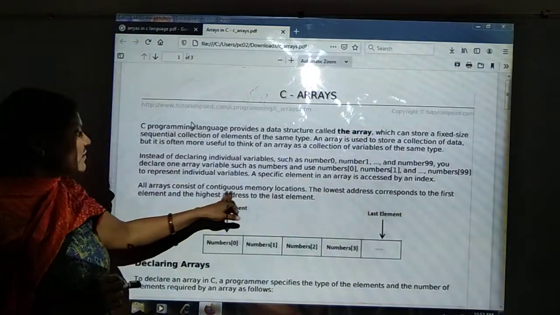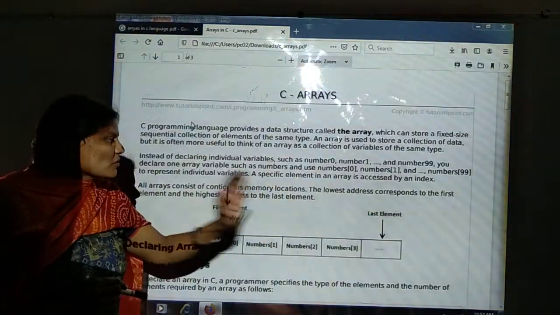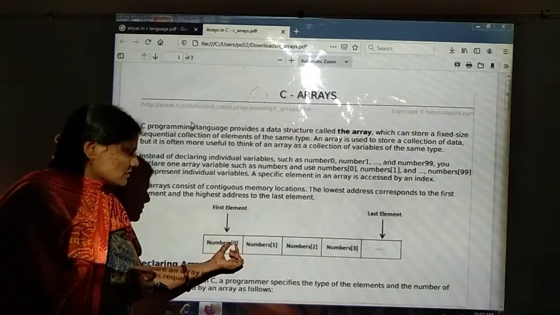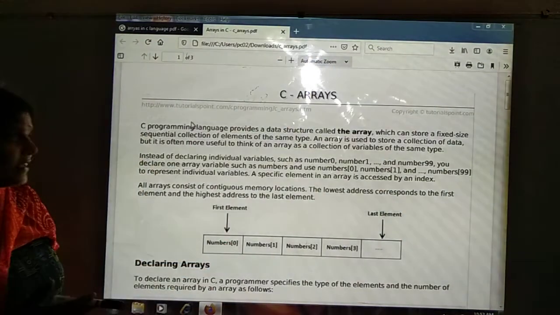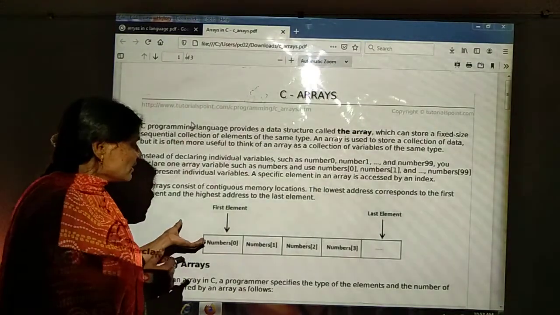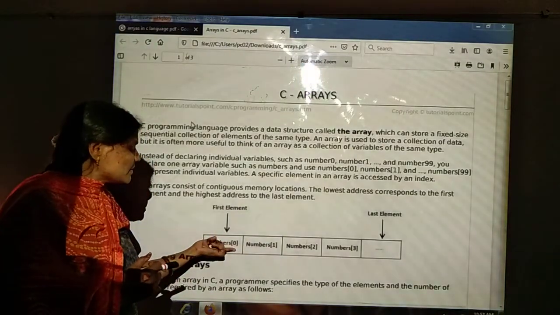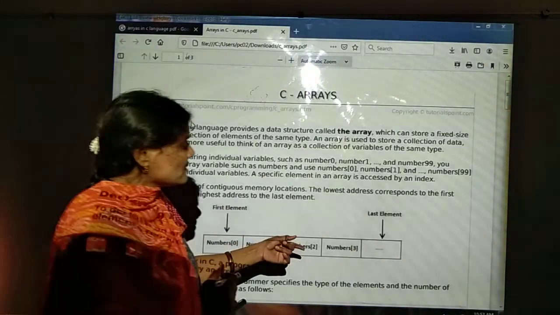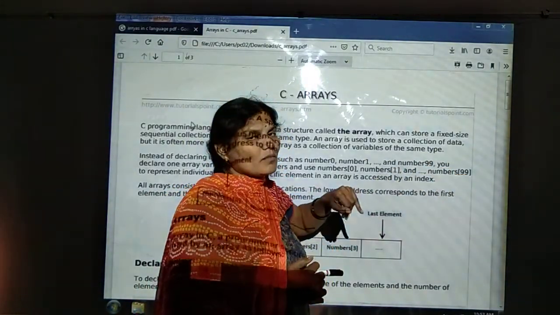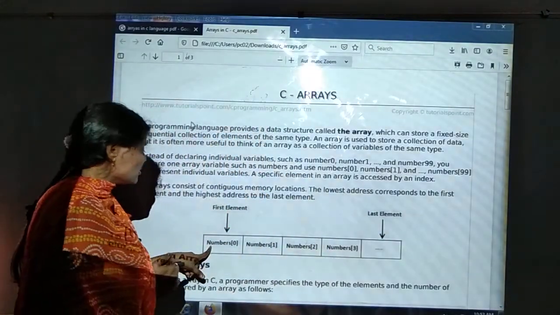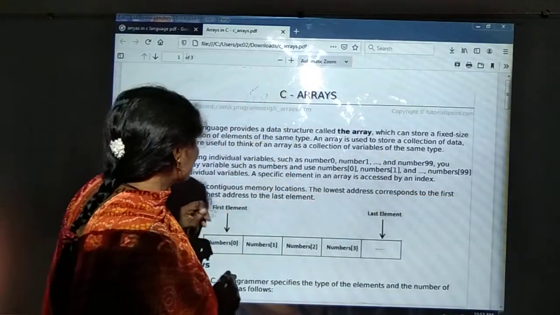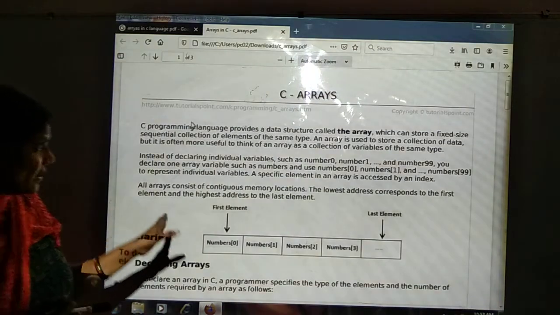First, all arrays consist of a continuous memory location. It should be a continuous memory location. The lowest address corresponds to the first element. Whenever we are going to be declaring the arrays, how will the memory be allocated? Memory will be indicated by the indexing numbers. Indexing number will start from where? From 0 onwards, and size minus 1 we are going to be using. Suppose we are going to be storing 99 numbers in our program. It should start from 0 onwards, and it should end with the 99th location. It should store the last value. That is the arrays introduction.